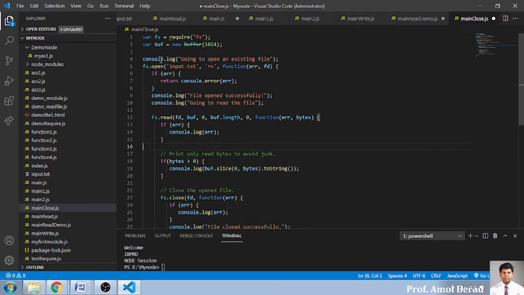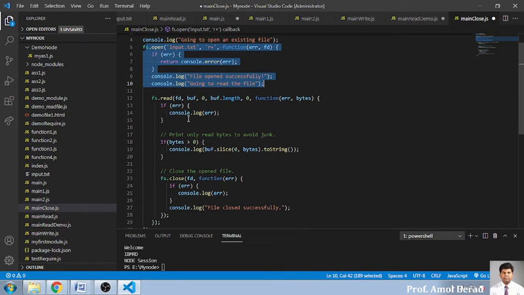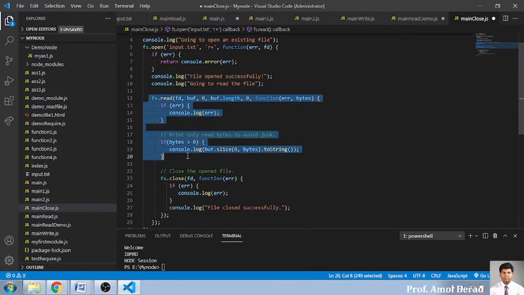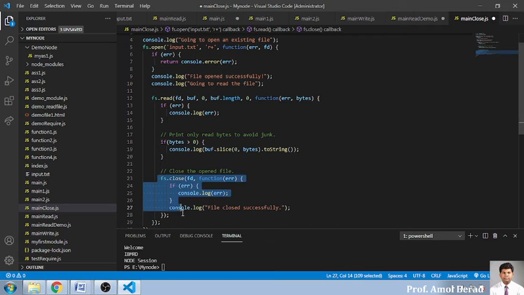So here the same program is there. We are opening a file that is input.txt. पहले हमने open किया, and after opening it, we have read the content and we have displayed it on the screen. ये पहले वाला प्रोग्राम था. अभी उसी के आगे हमने थोड़ा सा एक्सटेंड किया, that is how to close a file.